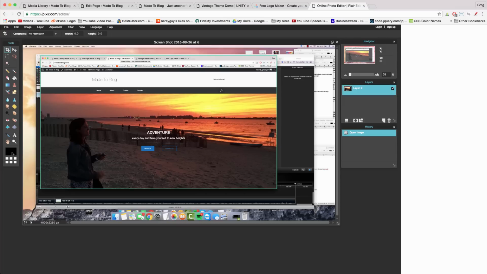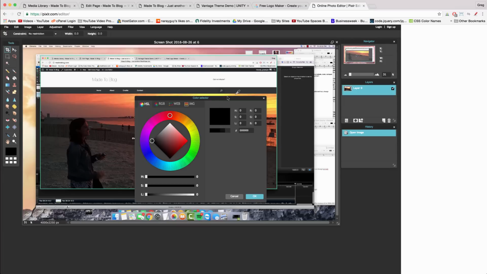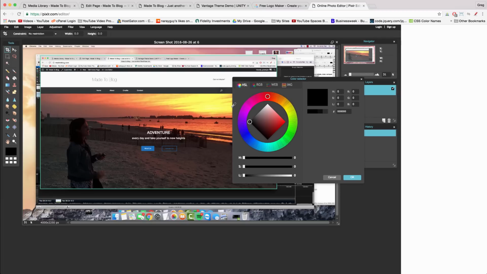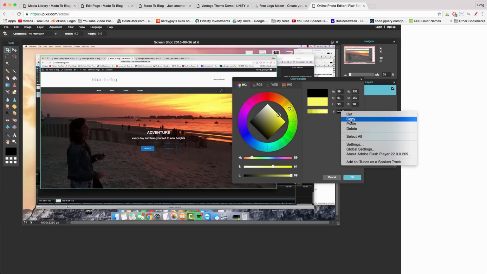And now we want to click on the color box. Just open up the color box, move it aside, and when we bring our mouse back over the image, we can see that we get the eyedropper. And all we need to do is click in a nice space with a nice color, and that color will come up on the right hand side in our palette. And I want a bright yellow. Perfect. Once we have the right color, you just need to highlight this 6-digit hex, right click and copy it,